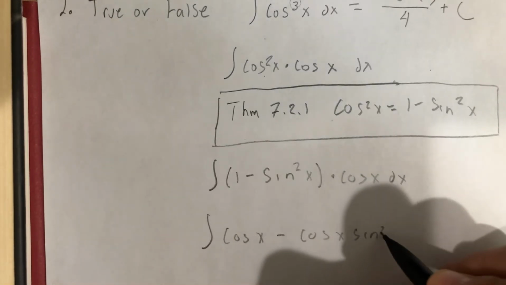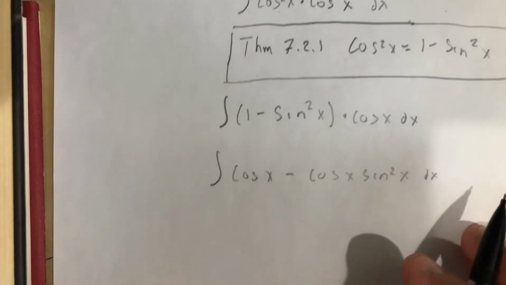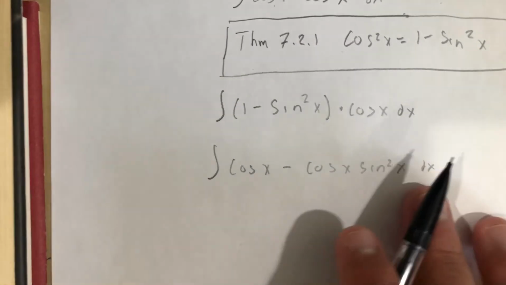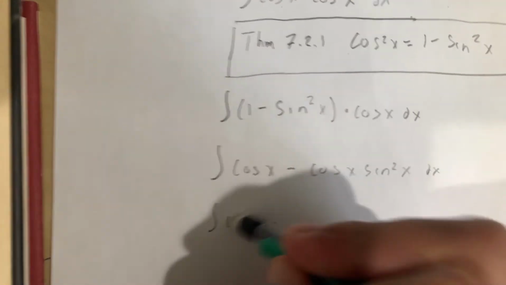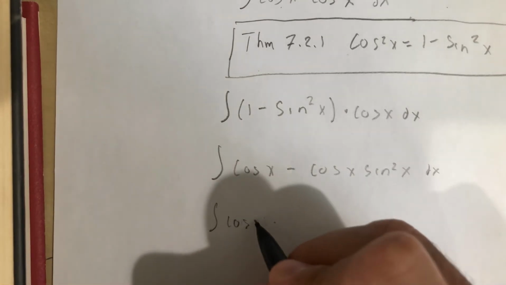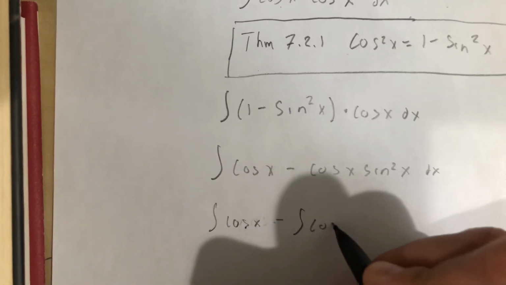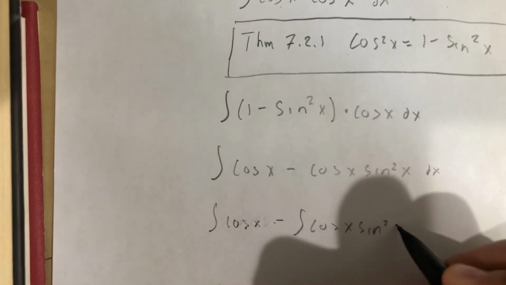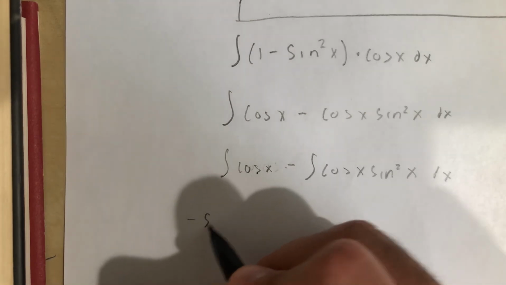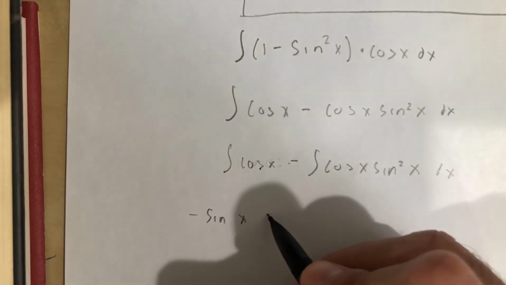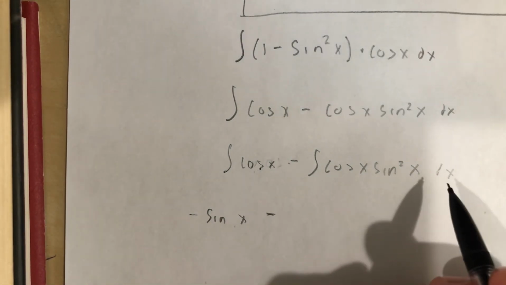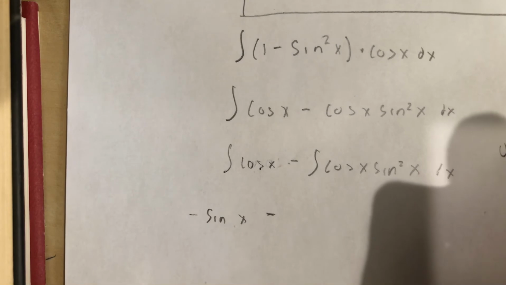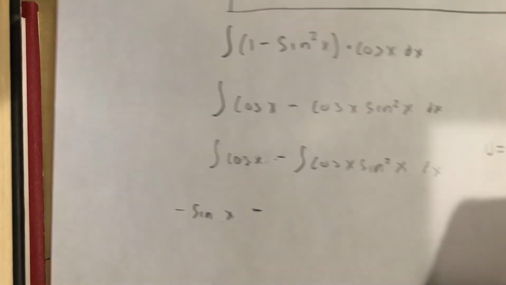And as we did the last one, we'll distribute our integral, so we'll have the integral of cosine x minus cosine x sine squared x dx. And we know that the integral of cosine is just sine x minus, here we're going to u sub for cosine. So u equals cosine x,